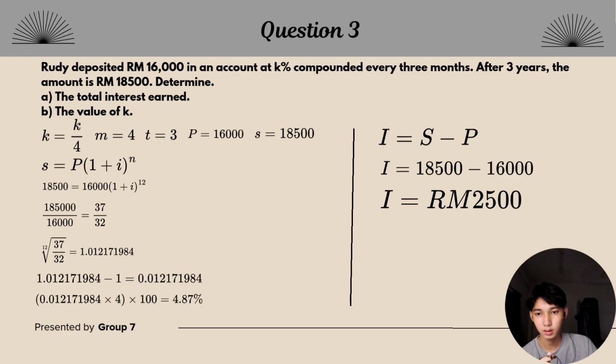After we get the answer, we will multiply it by 4 first. After we multiply it, we also need to multiply it by 100 because we need it in percentage. So the final answer will be